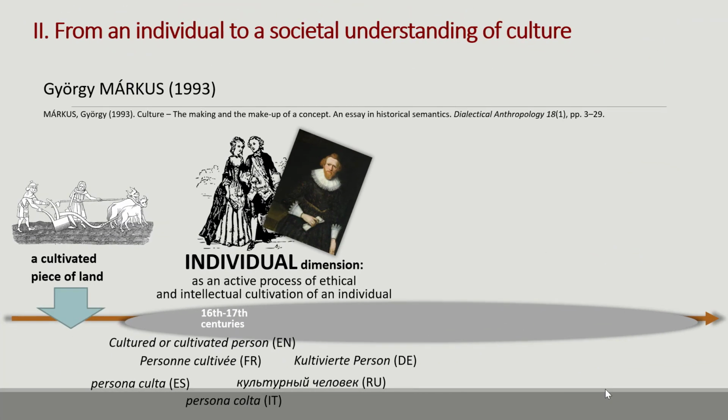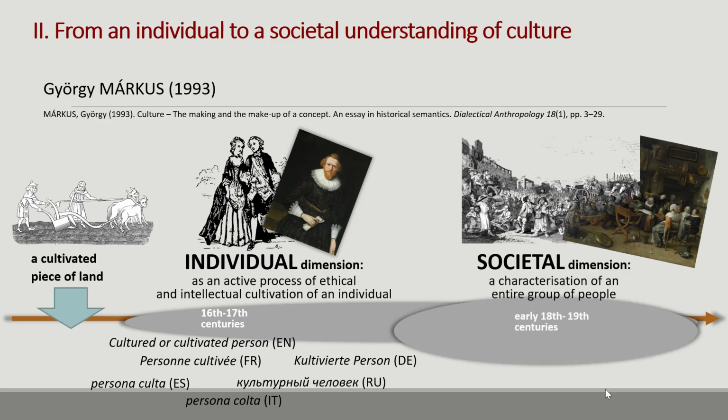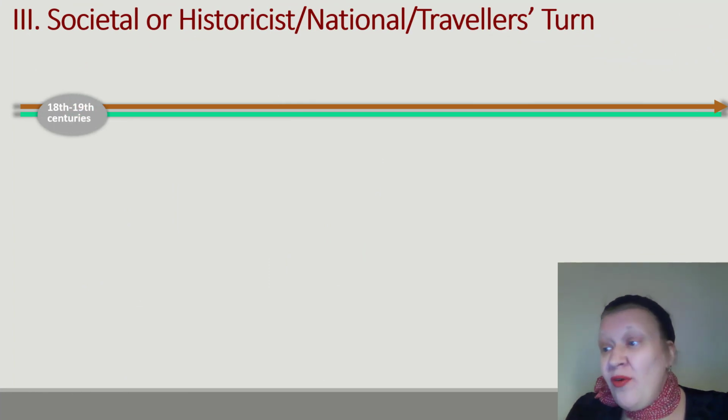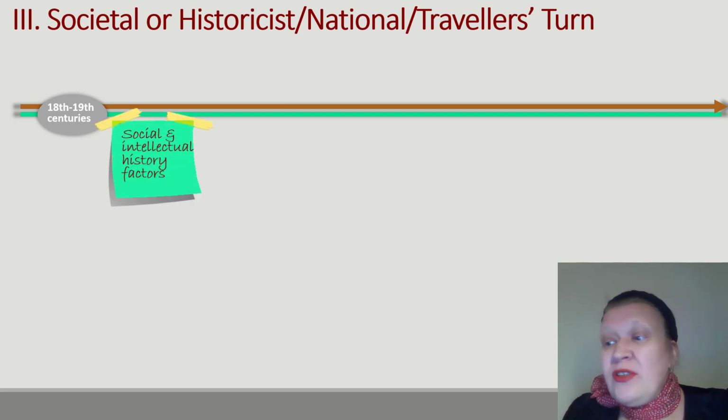Only by the end of the 17th century did the concept of culture start to be used to characterize an entire social group. This meaning was further developed to become dominating in the 19th century. That is why our first stop on the timeline is the period covering the 18th and 19th century. The most important social and intellectual history-related factors that influenced the transition from the individual to the modern societal understanding